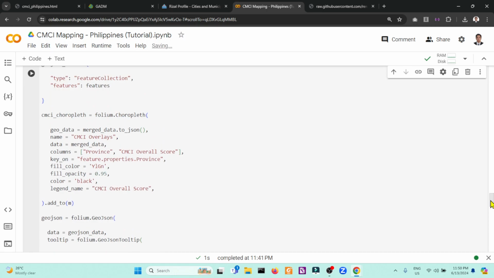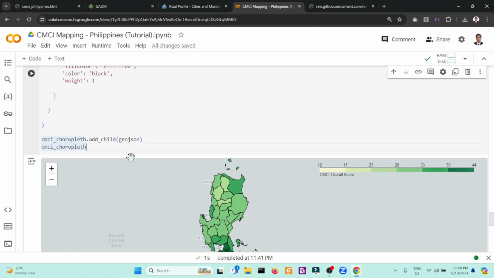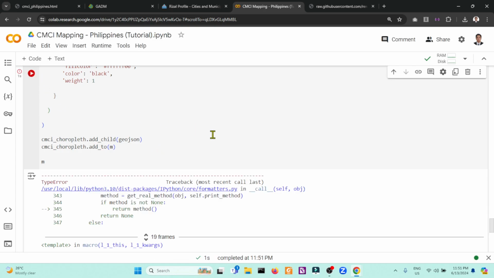So the GeoJSON choropleth to the map itself. So that's add to map. And let's run the code. Okay. So add to m, sorry, I have no definition of m. So let's run the map.